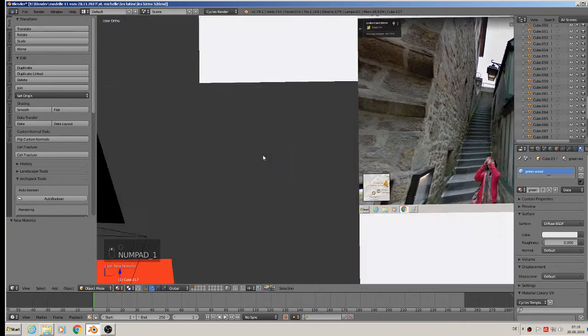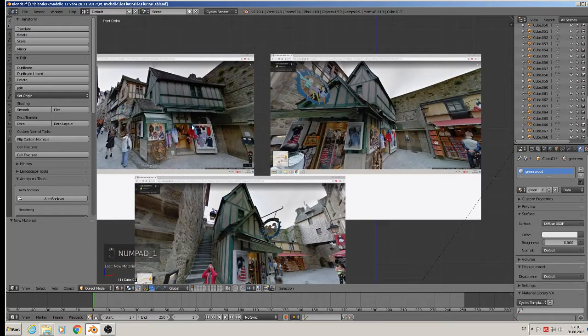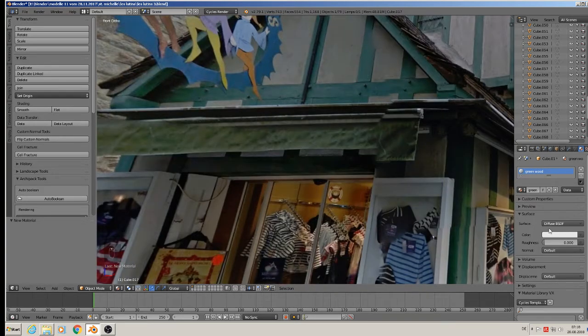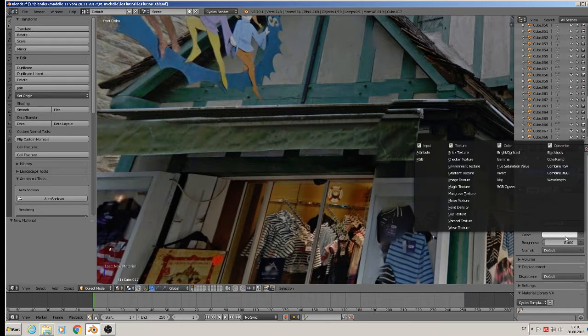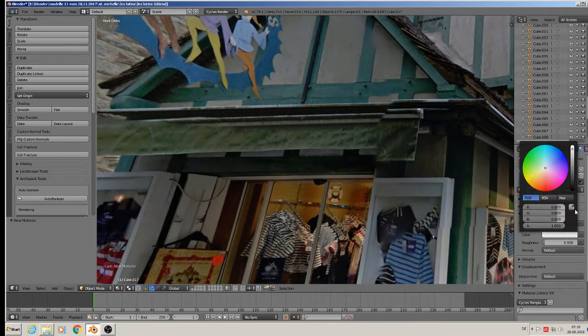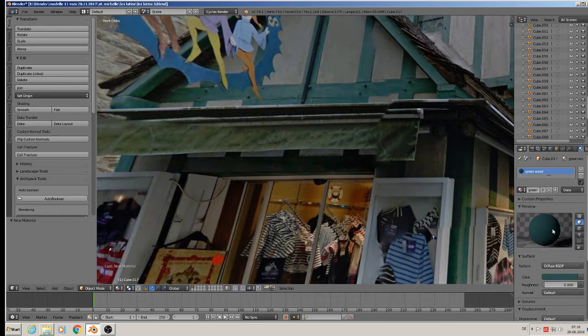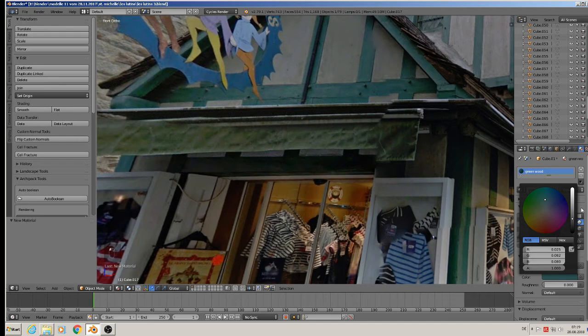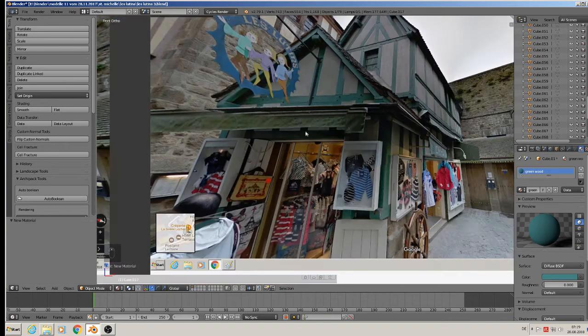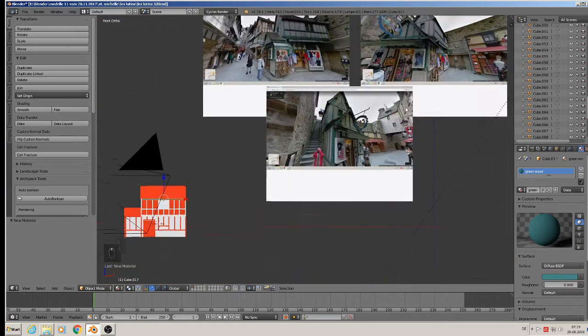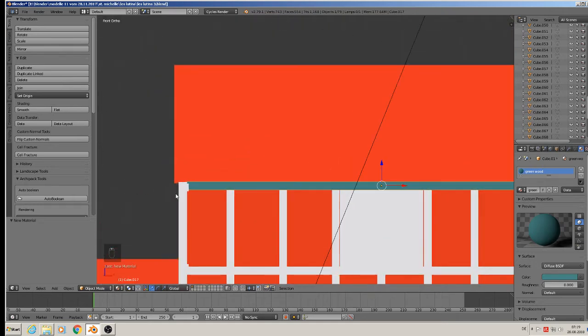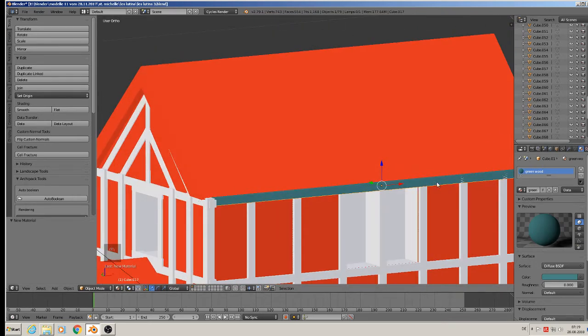Then we go with the pipette to that color there. So we take color, on the color itself, and then here's the pipette. You can click there, and you see the color is a little bit too dark, so we can make it lighter. So it's like that. So we have the base color there, but it should have a wood texture